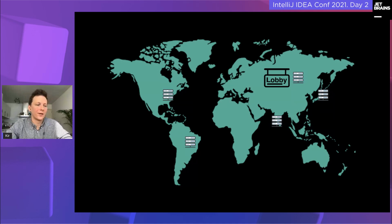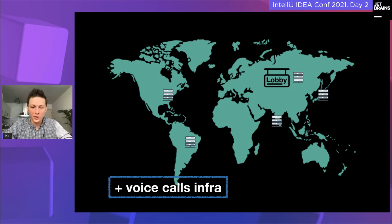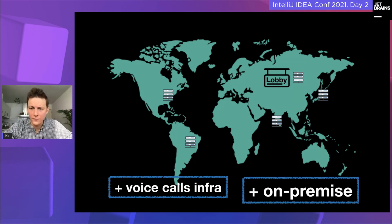So we deployed the worldwide infrastructure with our relays. Also with the voice calls infrastructure. The voice calls and the video calls also require some infrastructure to be done. This consists of video bridges. This consists of STUN and TURN servers, the specific servers to pass the media traffic through them. And also all of the above should be deployable as on-premise installation, because Code With Me targets on-premise enterprise companies,